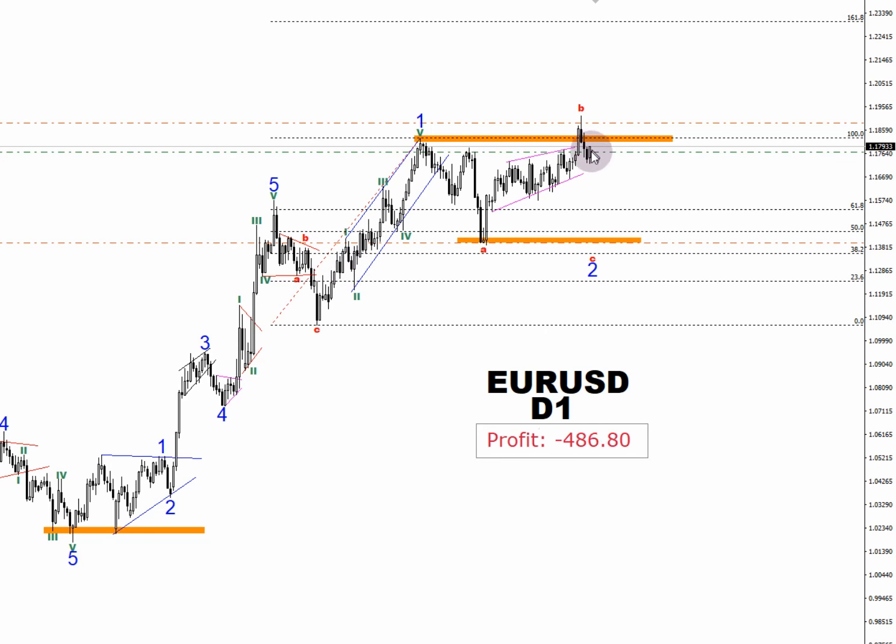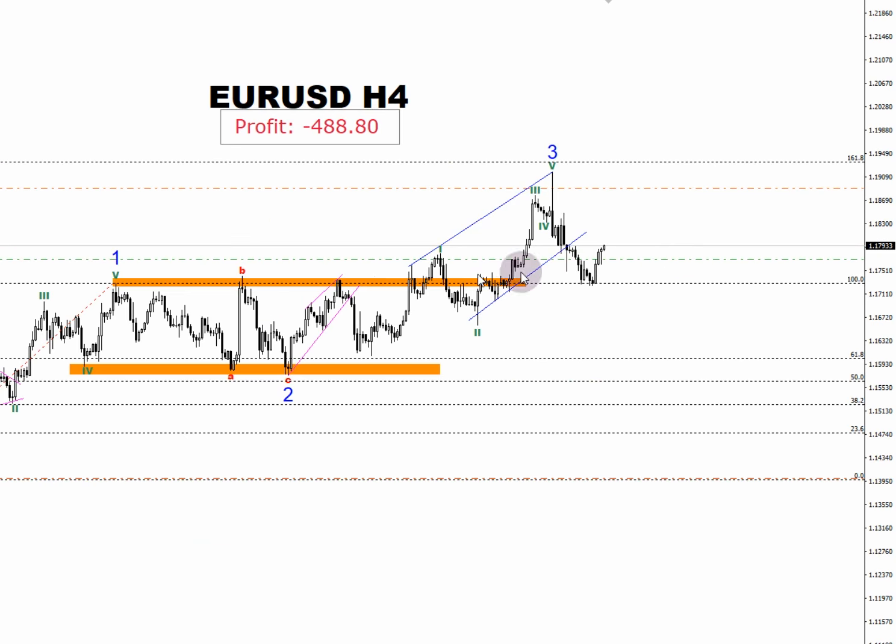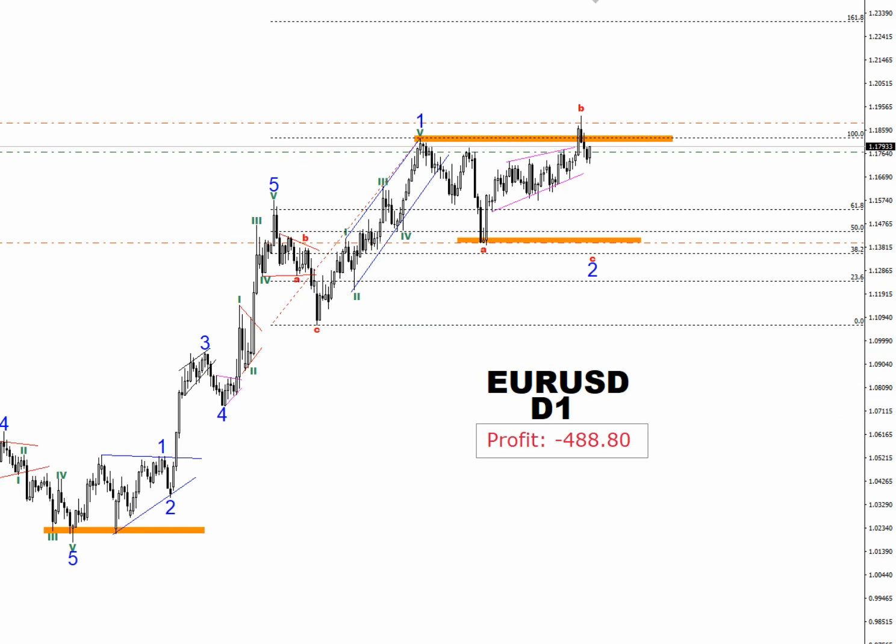Additionally, I observe that someone has sold their assets and is indeed experiencing a loss, but overall, as I've mentioned previously, the situation remains quite complicated, and the two timeframes are in direct contradiction with each other. We need to exercise patience and possibly wait a day or two to better understand how the market behaves.